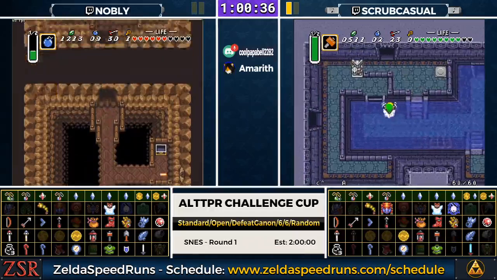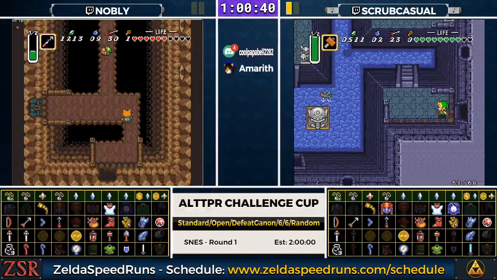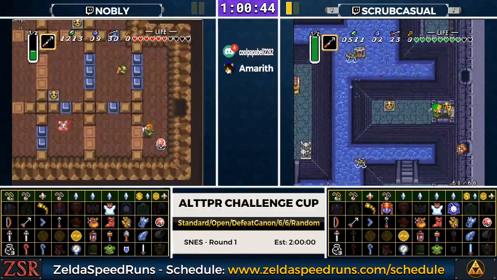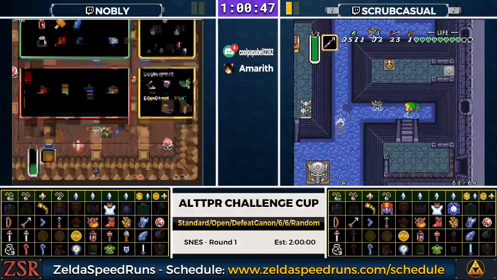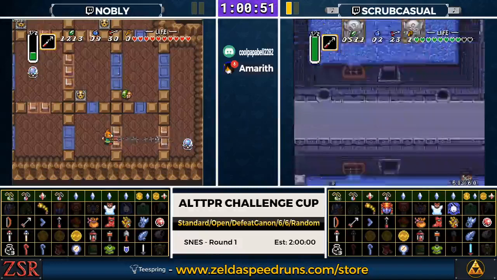Yep, as Nobly does opt for that safety door, going into a hammer-only Trinex fight, do not blame the runner at all for that one. It's definitely a much trickier fight than if you have Tempered. Yeah, but at least he has half magic, so...